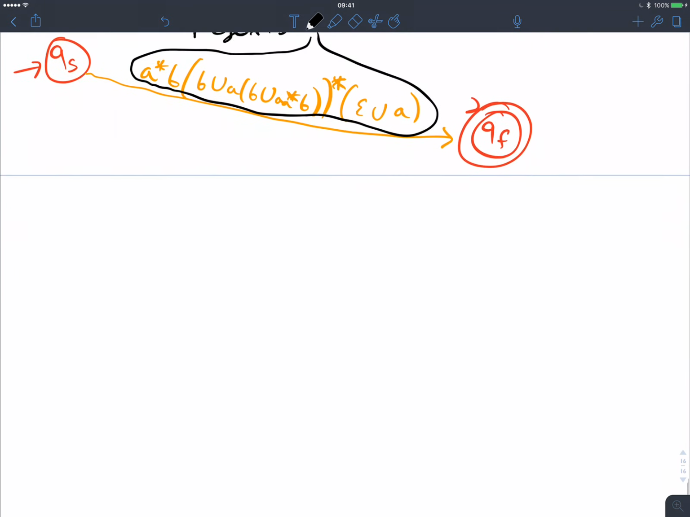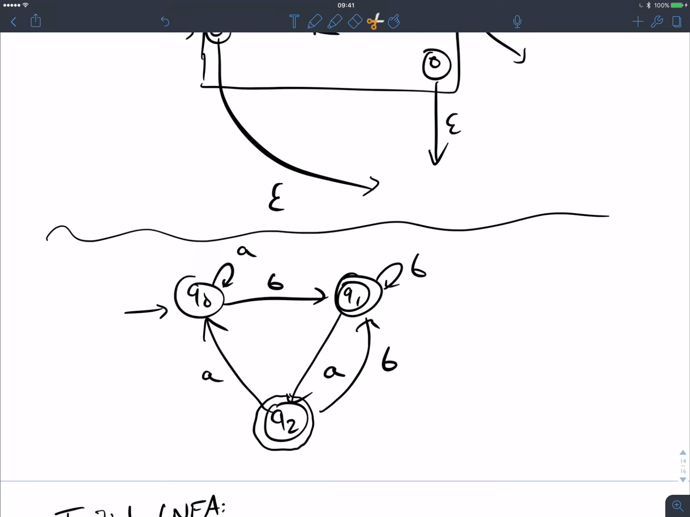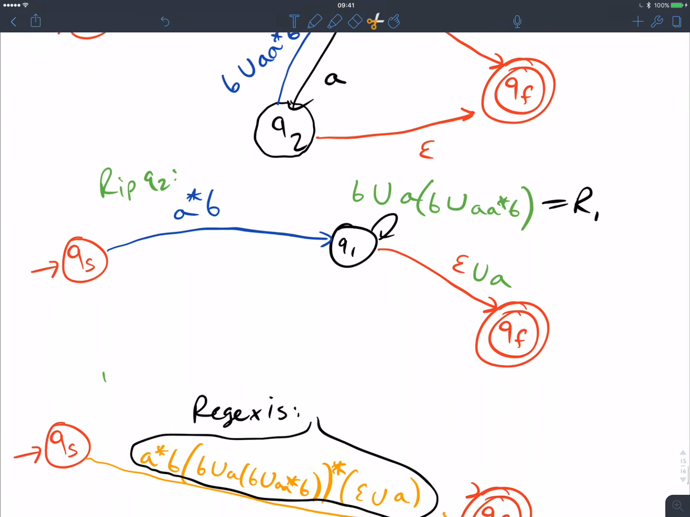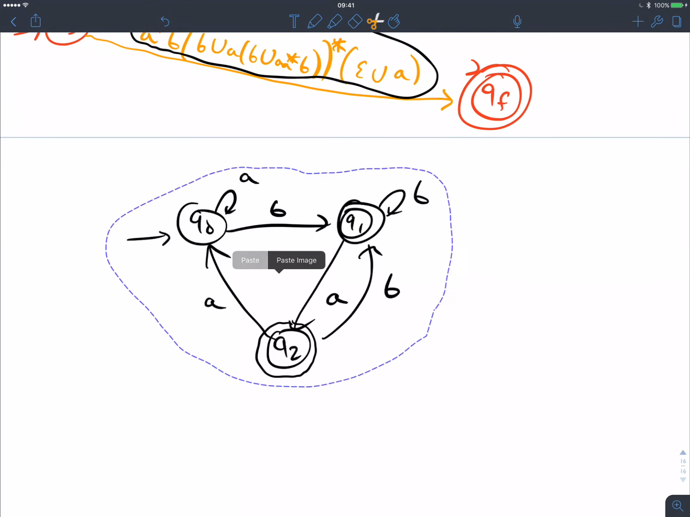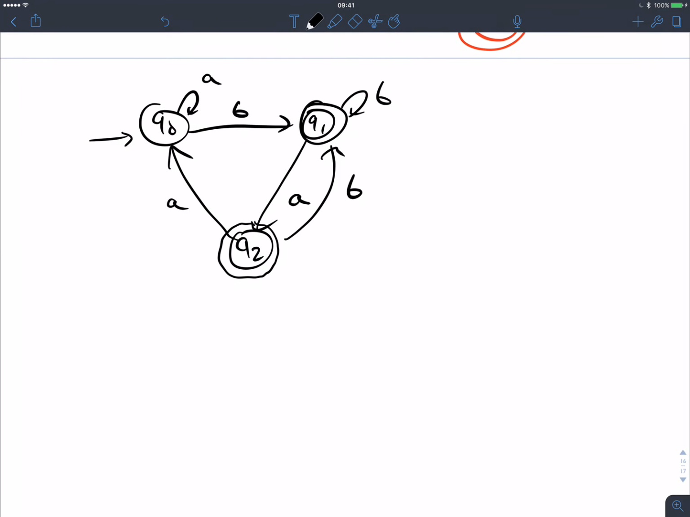DFA to regular grammar, fine. So let's use the same DFA. I'm going to copy this guy down. All right, so here's the same DFA from before. If I want to make a regular grammar for it, what should I do? Well, what are the variables of the grammar going to be? The states. So I'm going to have